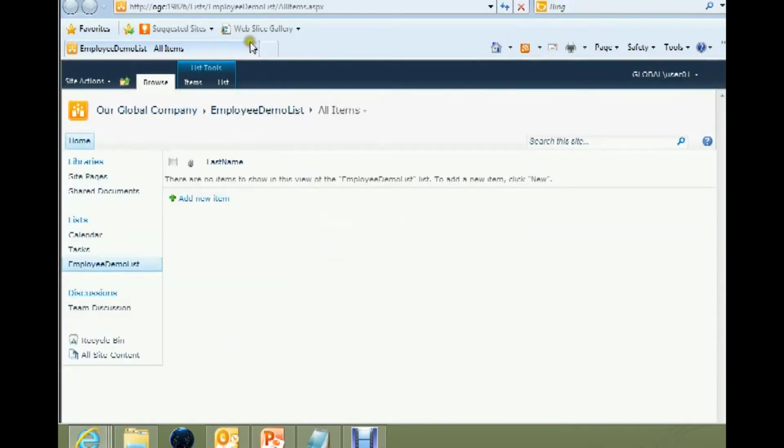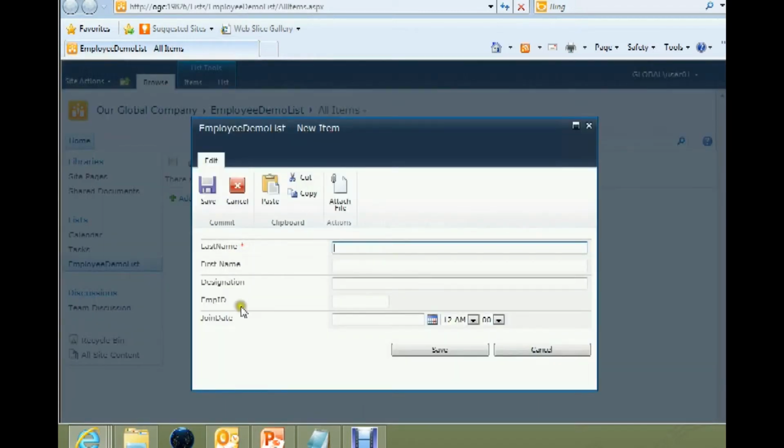Inside my Lists and Libraries, select the Employee Demo List that we created and go for Preview in browser. Once you're in the Employee Demo List page, you have Add new item. Click on Add new item, and there we go. We have the last name, and then the first name, designation, employee ID, and join date. Later you can also change the order in which they appear.